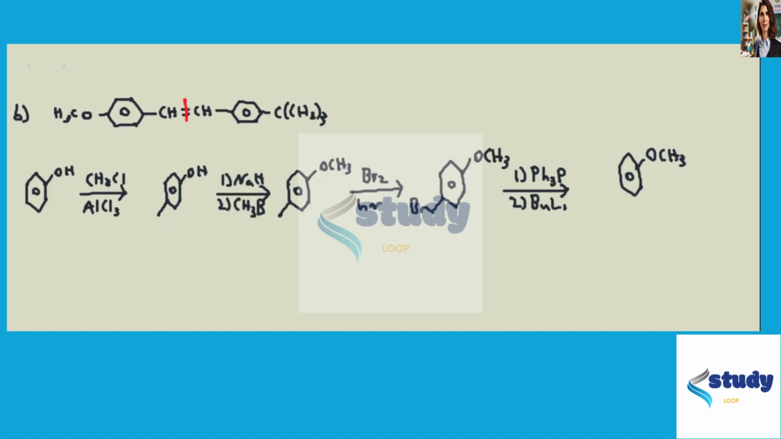Okay, and so obviously this is going to be the left side of our molecule. Okay, so there we go. So there's our Wittig. And again, that's the left side of this molecule. So to construct the right side,